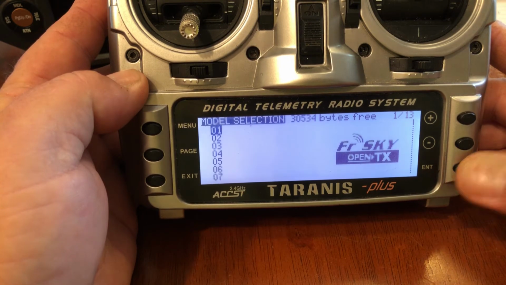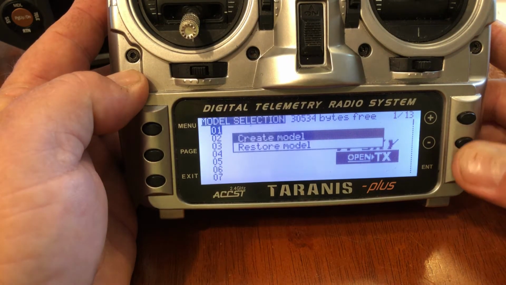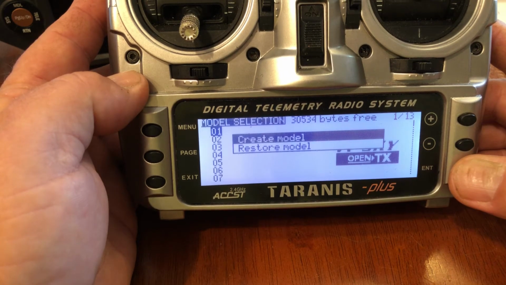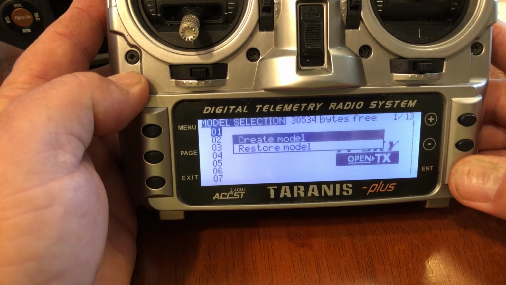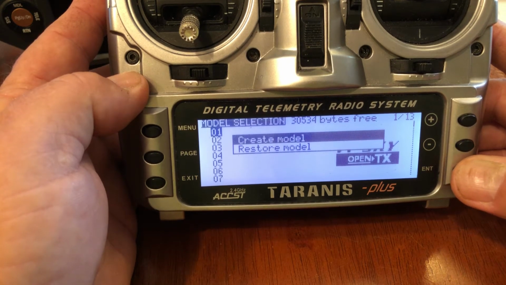So what we're going to do is take this enter button on the lower right, and we're going to long press it. And it says create model. So here's what we're going to do. This is going to enter us into a template to set it up with basic functions to get us going. So we're going to go ahead and hit create model,